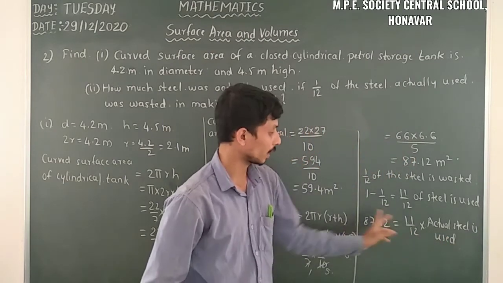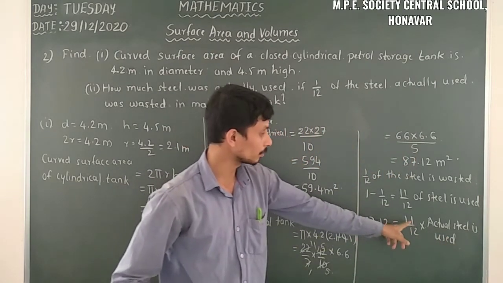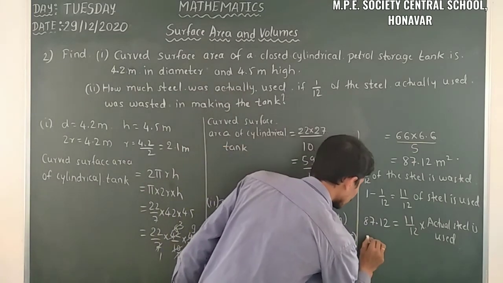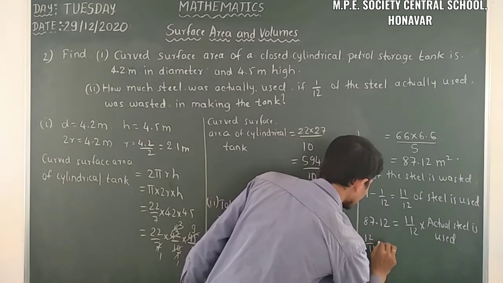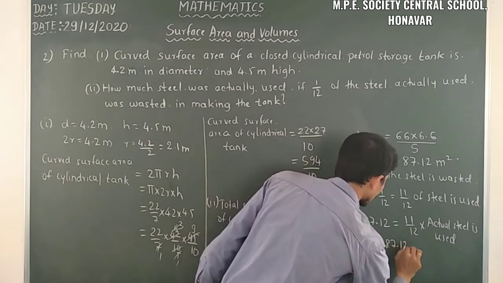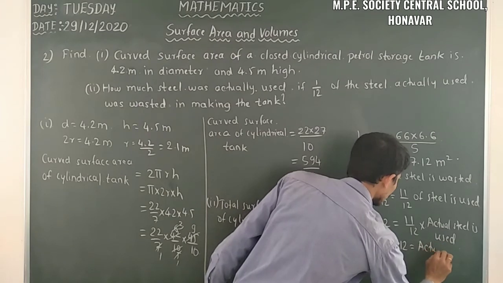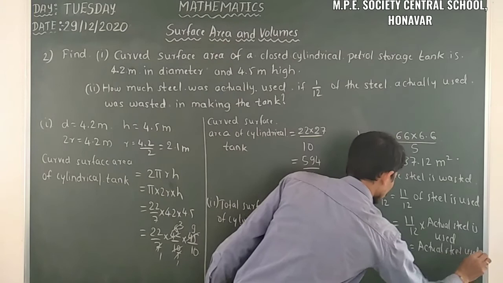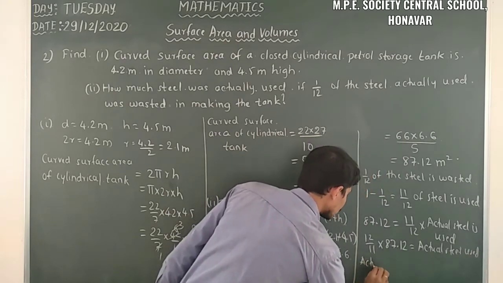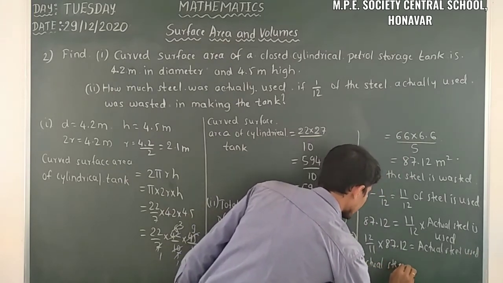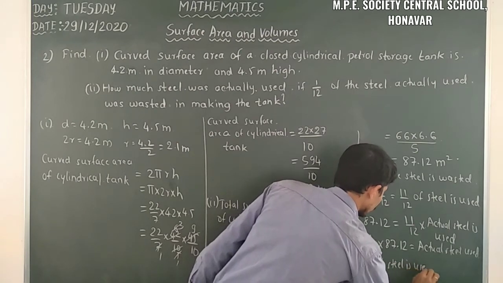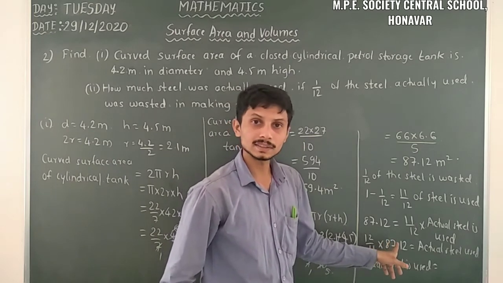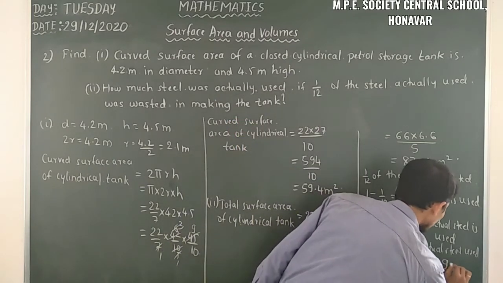So that means we have to transpose the things here. We have to transpose this 11/12 to this side. So what happens? 12/11 into 87.12 is equal to the actual steel used. So when we take that one, we have the answer, that is 95.04